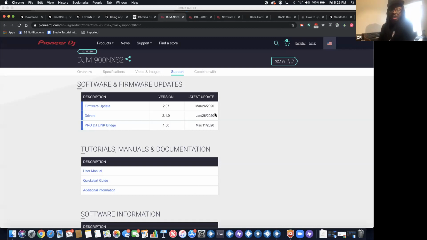Now, one thing that's super important when you're connecting to hardware, you want to make sure that not only do you have the right drivers, but you also want to make sure that the hardware that you're connected to is updated with the firmware. Firmware fixes bugs that might be happening with the hardware. For example, when I first bought my S9, this is years ago when it first came out, I bought it and I didn't update the firmware.